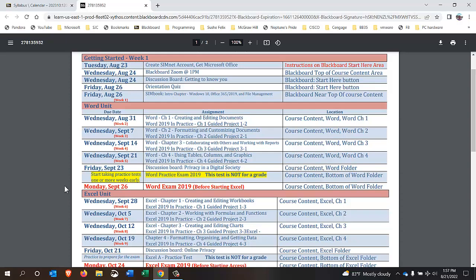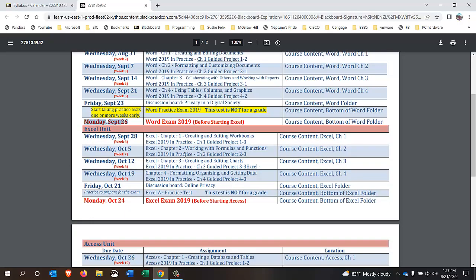Now, practice test, you can start taking it weeks before the real test, but you need to take the Word test by Monday, September 26th. I give you the weekend to get the test done. Then rinse and repeat. Then we move on to Excel. So we'll be in Excel for 4 weeks. Then there will be a practice test, and then you need to take the exam for Excel by Monday, October